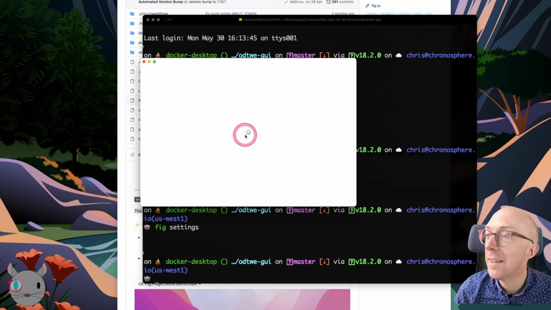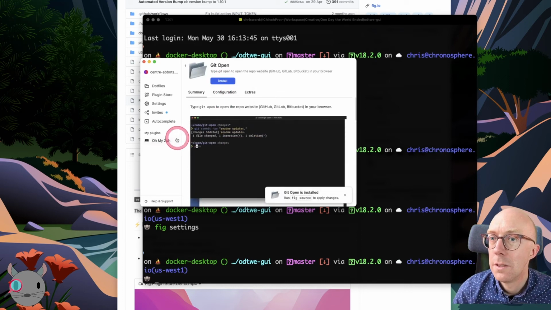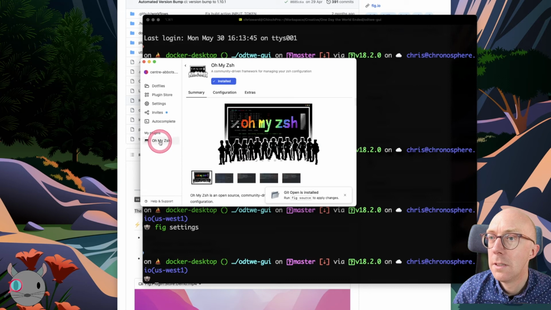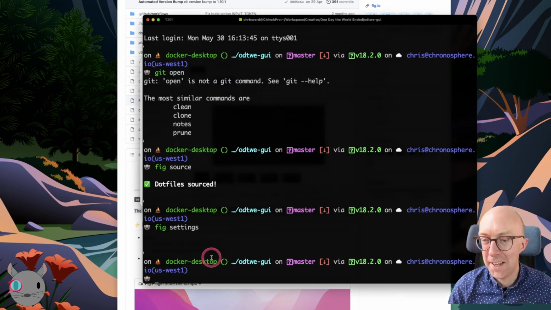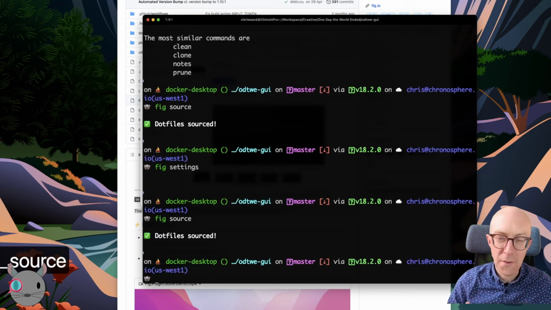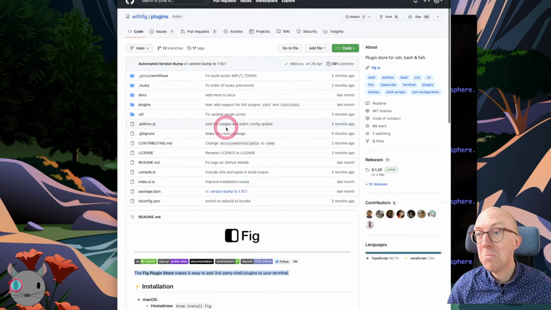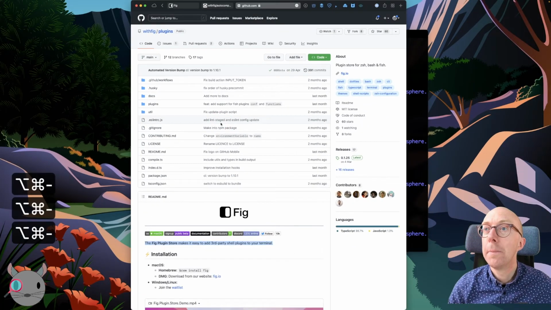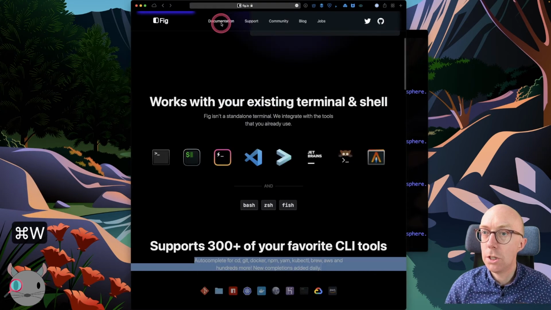Oops, I keep getting this a lot, don't we? Hopefully this time, uninstall. Okay, that one still seems to be installed. So I don't really trust it right now to... Okay, so I guess that's what it's doing. It's not necessarily plugins for Fig, it's plugins for your terminal. And it manages them for you. Interesting. I don't know. Okay, there was one last thing I wanted to look at, which was